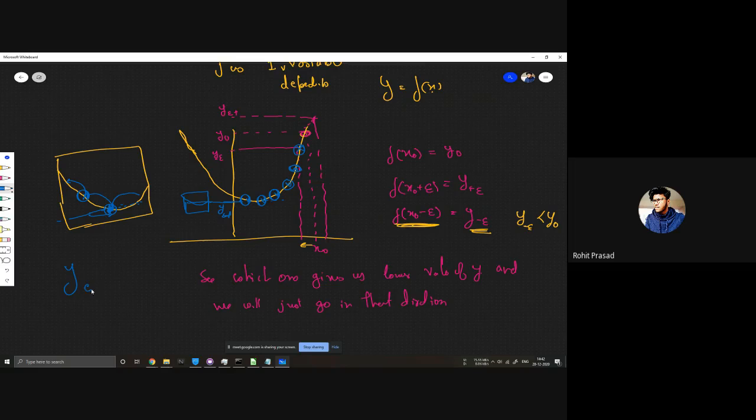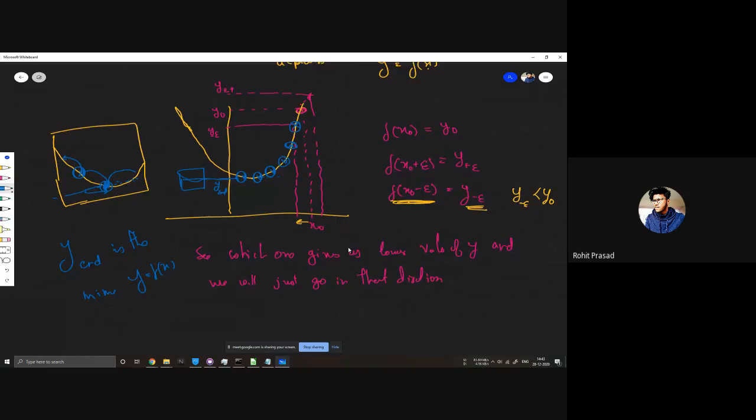So y end is the minimum of y equals f of x. That's not actually the minimum, but that's the closest we can get with this algorithm. Okay, so this is how the problem works in 2D.